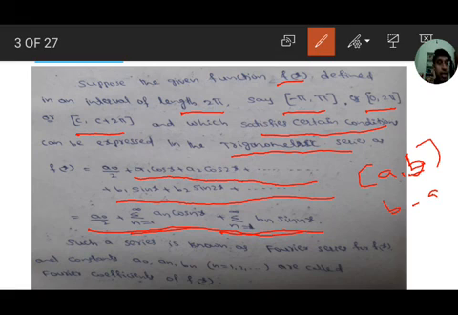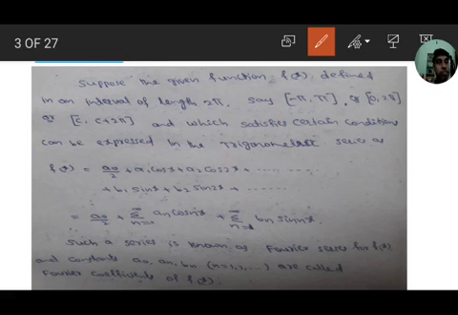This series is known as the Fourier series for f of x. It is an infinite series of terms expressed in trigonometric form. Such a series is called the Fourier series for f of x, and the constants a0, an, bn, n equal to 1, 2, 3, meaning a0, a1, a2, a3, a4 and so on, b1, b2, b3, b4 and so on, are called the Fourier coefficients of f of x. The series is called the Fourier series, and the constants are called the Fourier coefficients of f of x. This is the definition of a Fourier series.